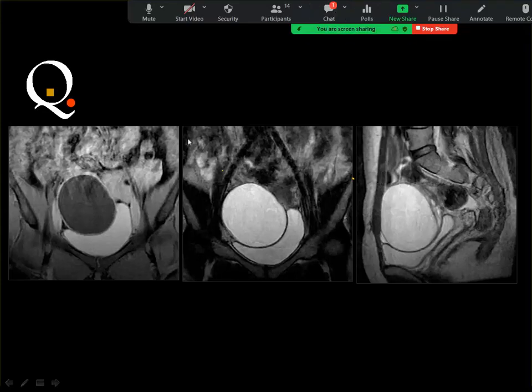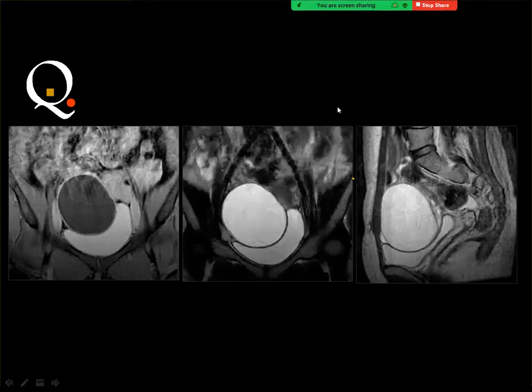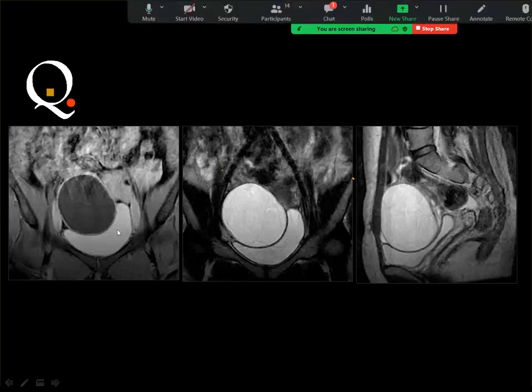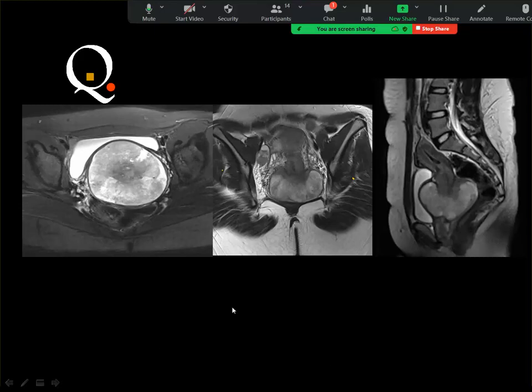You may say that this is a simple ovarian cyst, and yes, you may say that this is a simple cyst, but if it is somewhat large, you may see some internal septations. Here you cannot see them, but this lesion was proved after surgery to be a mucinous cystadenoma. Actually, the right diagnosis is simple ovarian cyst, because you do not have some of the features of the cystadenoma. Next case, and this is